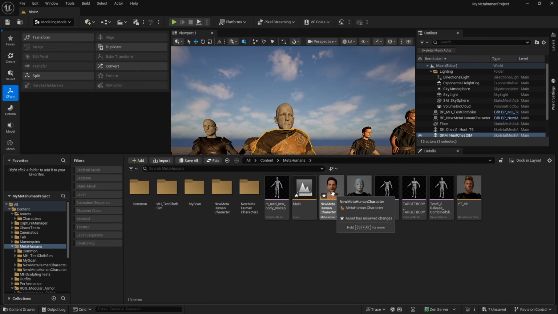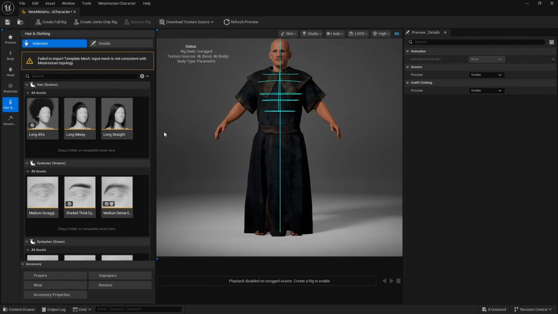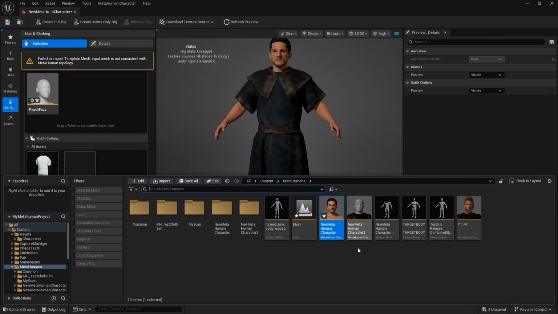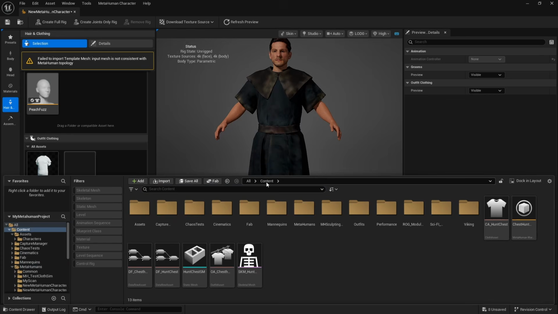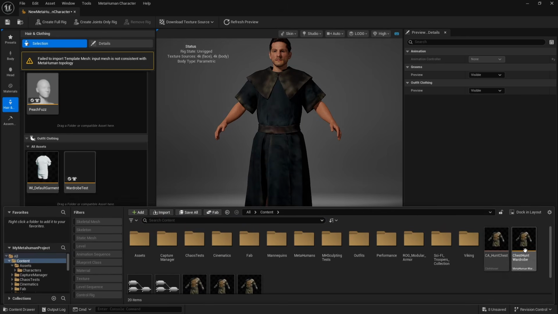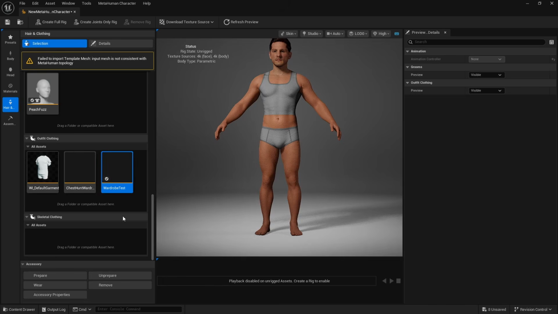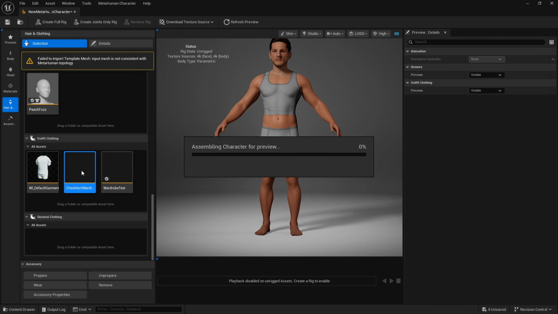So let's go into our metahuman finally. Let's go all the way to the bottom where all our wardrobe is, and let's finally go ahead in content and drag our chest hunt wardrobe right here. Now this metahuman is already wearing this one, and now we just simply double click on the new one,